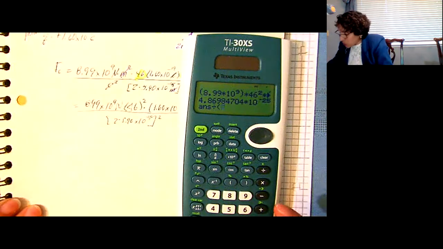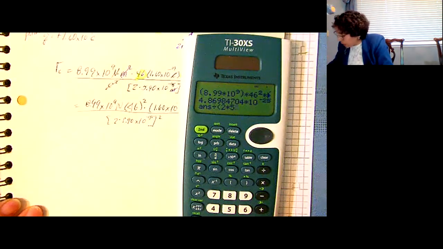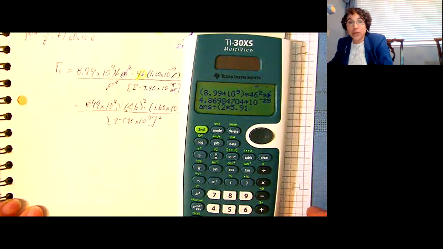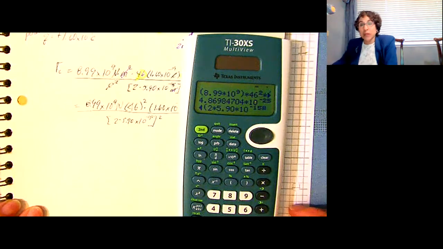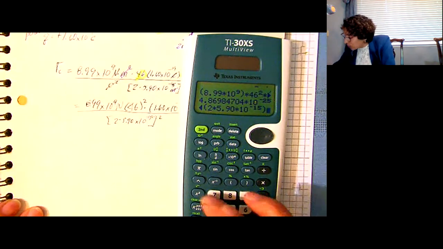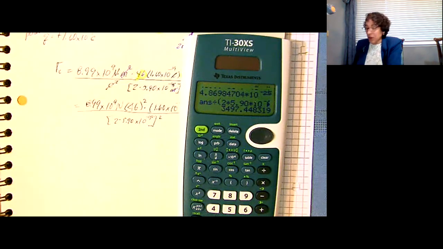So I got 2 times, I can't see what I'm doing, 5.90. Nope, that came out 5.91. Try again. 5.90 times 10 to the negative 15. There we go. Bring down the cursor. There's my parentheses, and I need to square it. All right, so now I'm ready to say, please square that. Divide it into what we had in the numerator. And there it is,